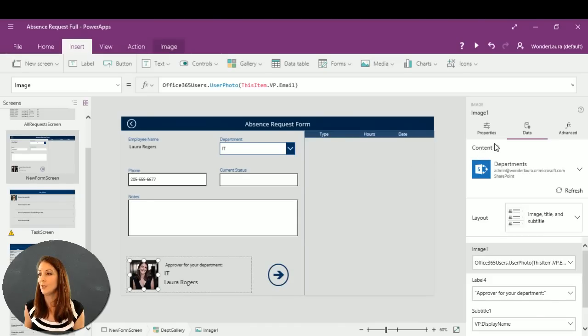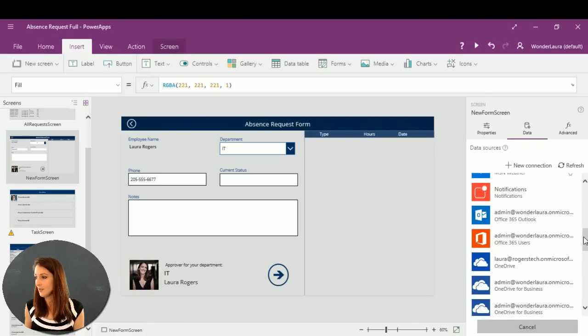And the first thing you need to do is create one of your connections, a connection to Office 365 users. So when you go to your data here, see right here, I have created a data connection, and it's just called Office 365 users. This is where you're going to get all your user profile information for all of your people. So you have all their information, like their department, first name, last name, phone number, picture, all that rich set of